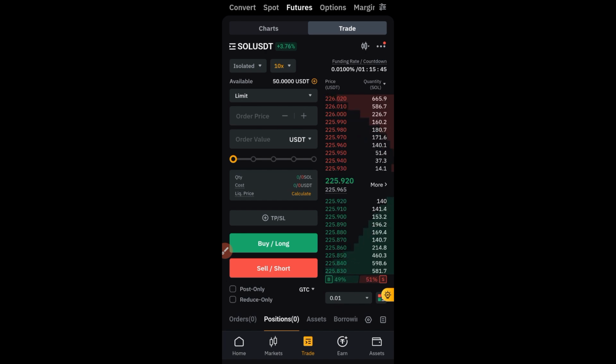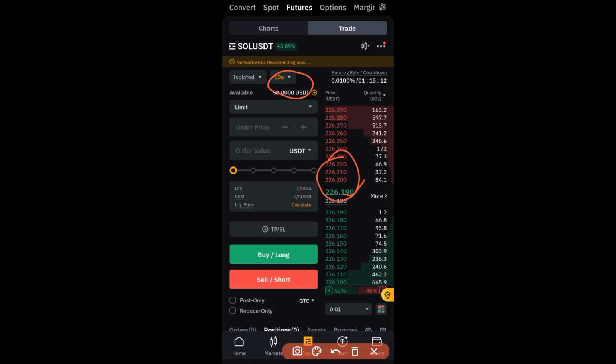Liquidation is when the exchange you are trading with forcefully closes your position. And why do they forcefully close your position? It is because you are using borrowed funds to trade. So if I come in here, let's say I want to buy Solana. I'm currently looking at the Solana price. This is what Solana is currently trading at right now, $226. I only have $50 on my balance here. So if I want to buy up to one Solana right now, I need at least $226 to be